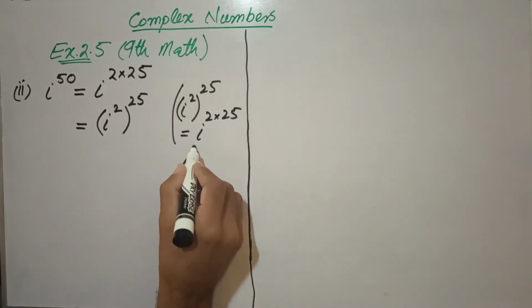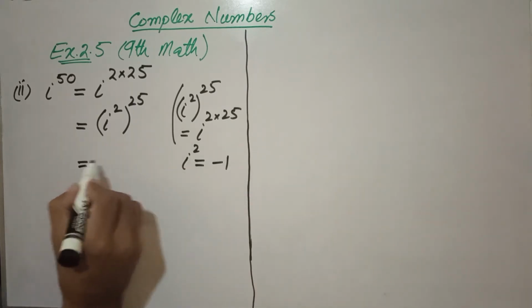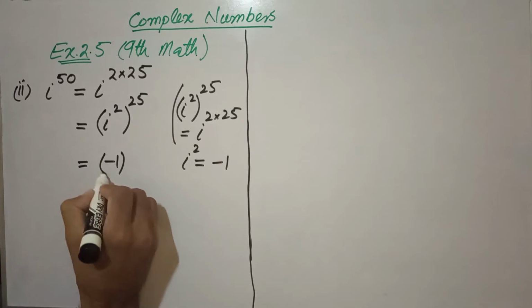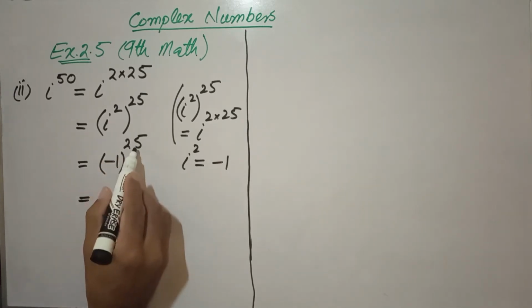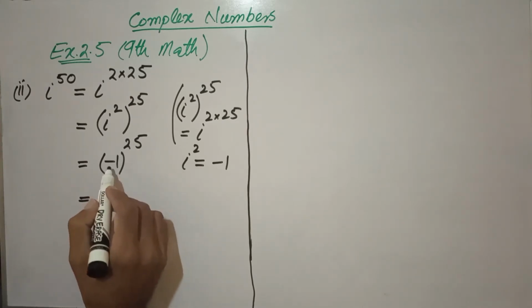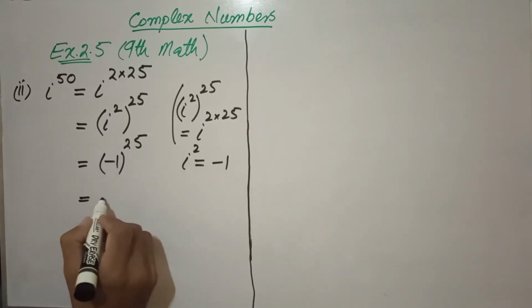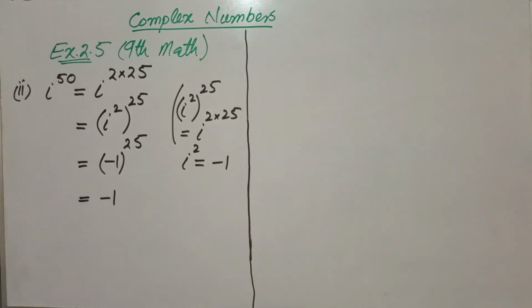Also using iota square is equal to -1, we have -1 power 25. Again 25 is an odd number. This as a power of a negative number becomes a negative number. You can easily simplify the third part. Here I am solving the fourth part,